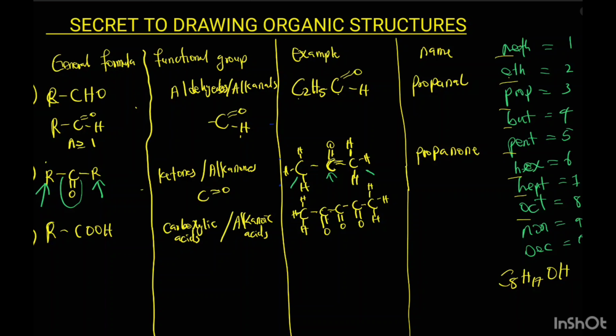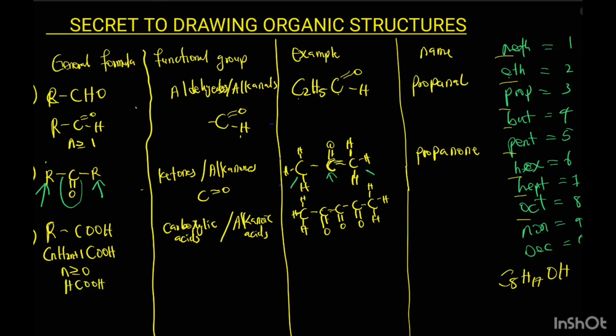The general formula is RCOOH. Obviously, you should know what R is now: CnH2n+1. So in this one, let me write it out because I need to hit the point. CnH2n+1COOH. In this carboxylic acid, n is greater than or equal to 0. As n is greater than or equal to 0, C times 0 is 0, 2 times 0 is 0, plus 1 is 1. So we're going to be having